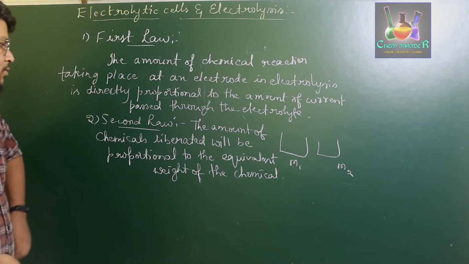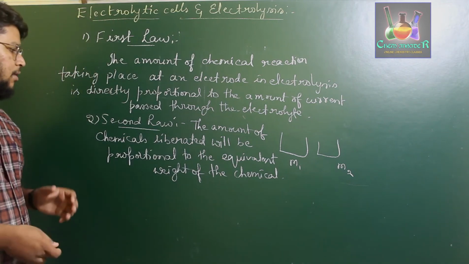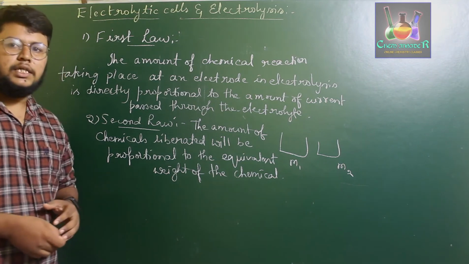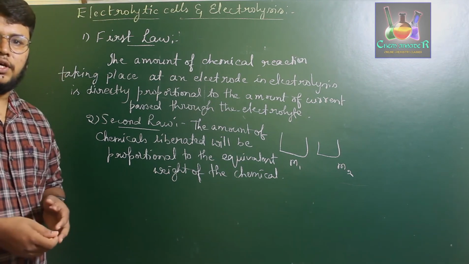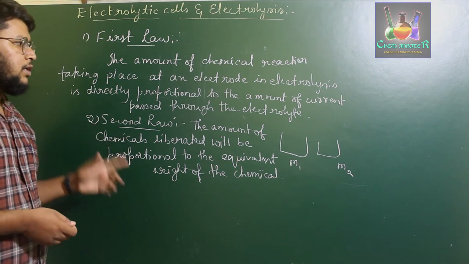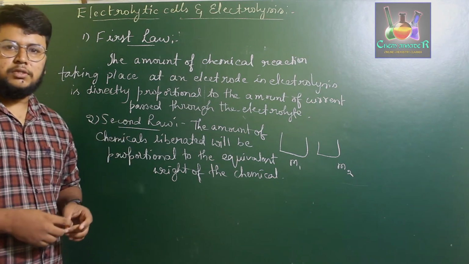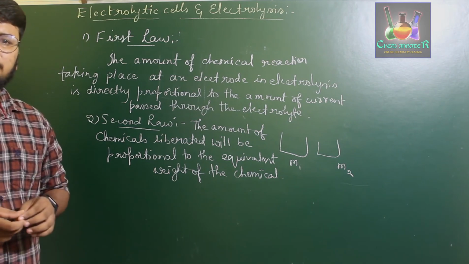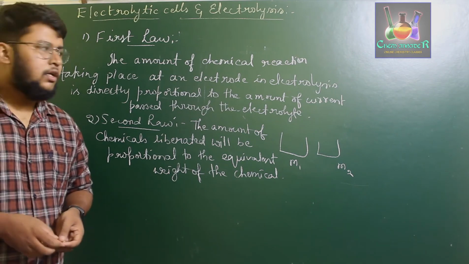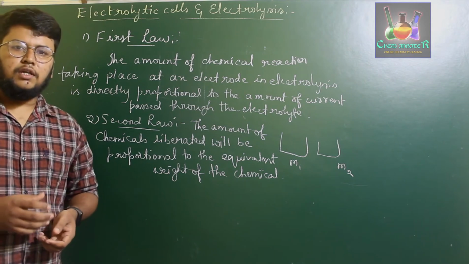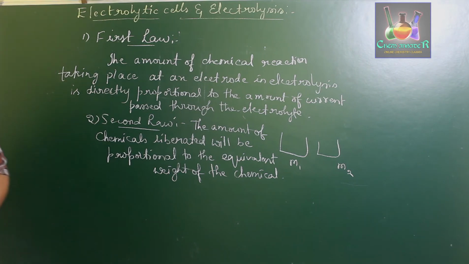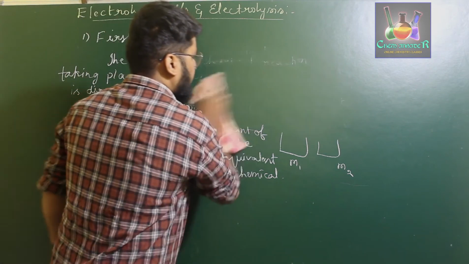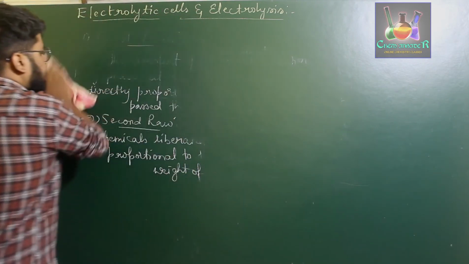Okay, so this is about the second law. That is, the amount of chemical liberated will be proportional to the equivalent weight of the chemical which we are using. So these are the two particular laws which were stated by Faraday in order to explain the electrolysis in electrolytic solutions. Next, if you consider an electrolyte, the equation of Faraday's statements 1 and 2 can be given as